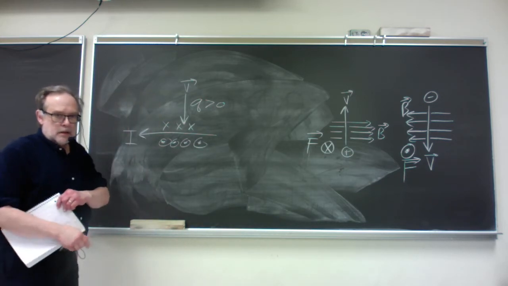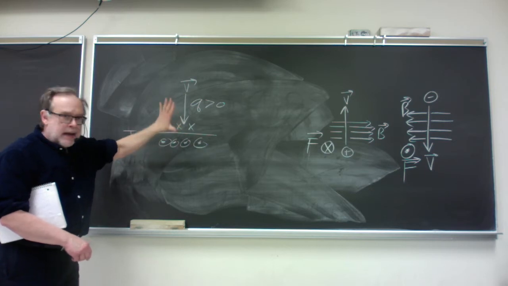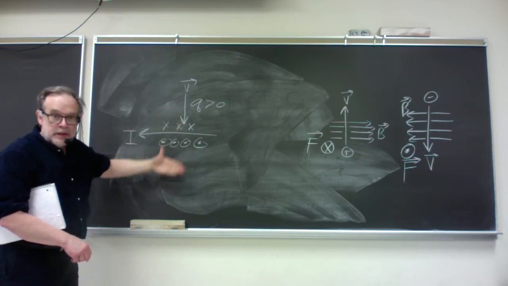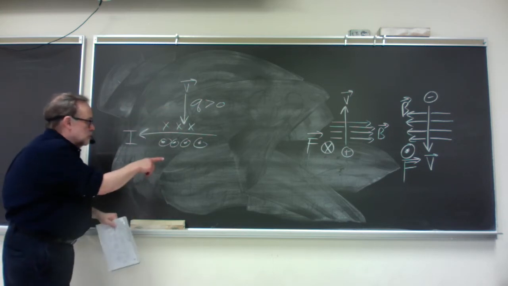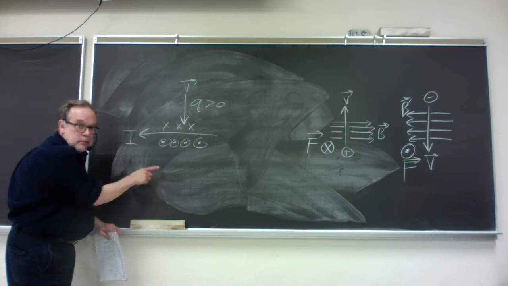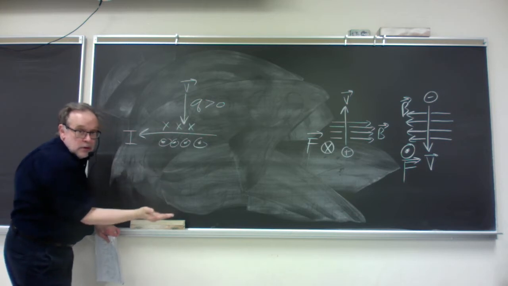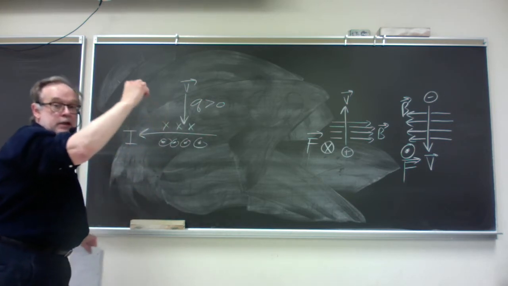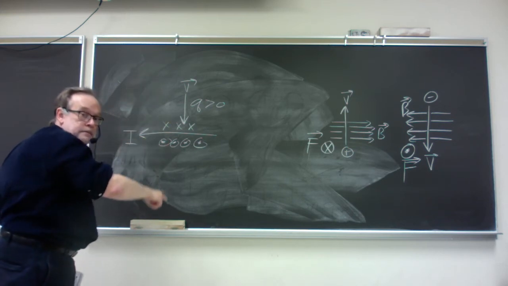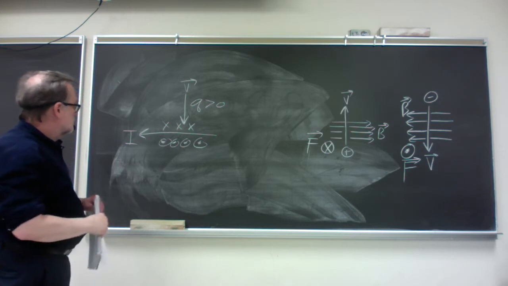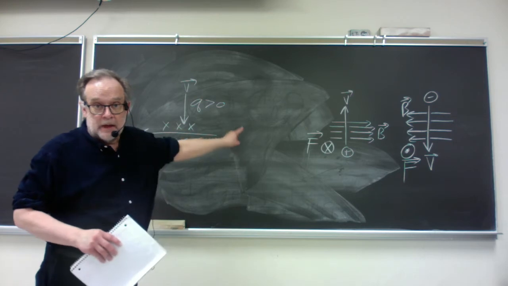Remember that since field lines make a concentric circle, a field line would actually be half, the circular field line, half of that circle would be here in front of the blackboard, and we imagine the other half of the circle behind the blackboard. So the flow of that circle, on this side of the blackboard, would be like that, and then behind the blackboard, like that. Well, now we have the direction of the magnetic field, so we can figure out the force on this charged